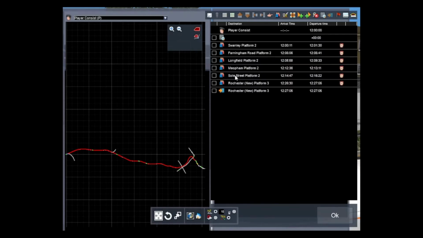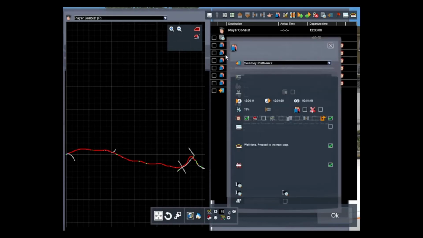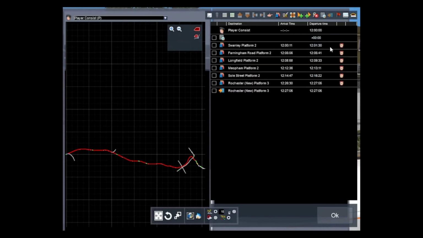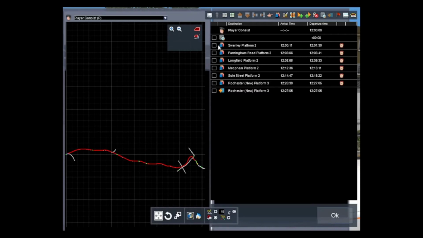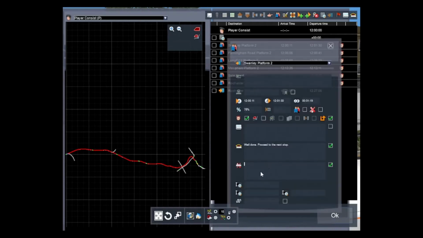For the last one, it's going to be slightly different. And then we're going to do an achievement text unsuccessful. I recommend saving things at this point, because things can go wrong. So just press F2, which is save. So go back to Swanley. Now what we're going to do here is